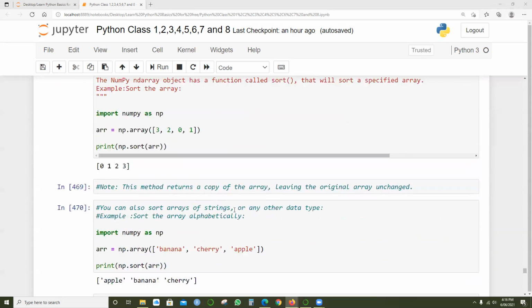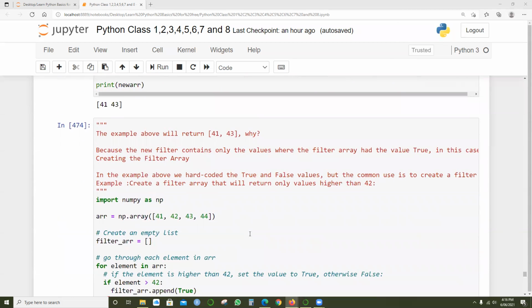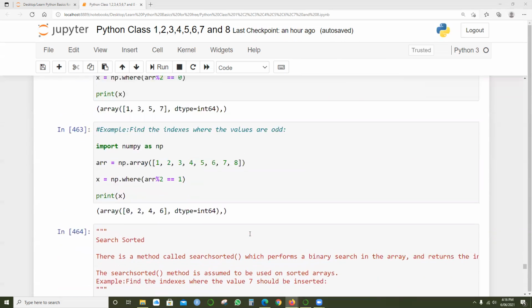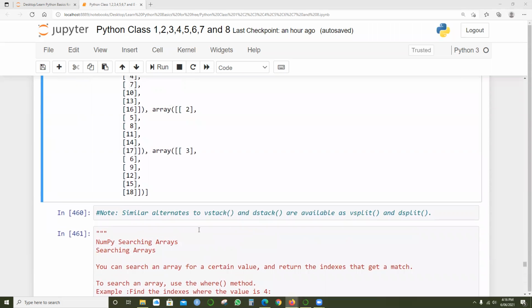So not many, just sorting and filter we'll be discussing, and at line 480 we'll be starting with pandas. We'll see how far we can cover today. If we just cover numpy, we'll finish off numpy, and next week we can start with pandas. But I will give a little overview on pandas also before we close the session today.